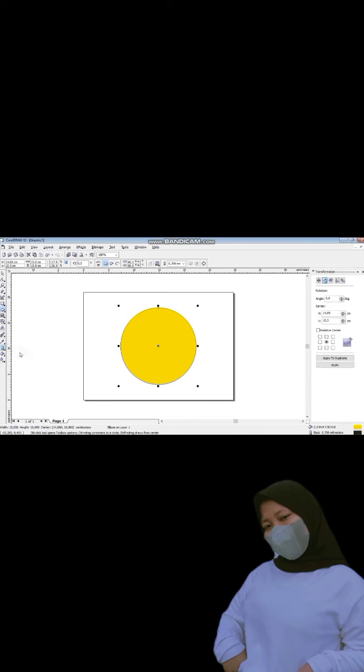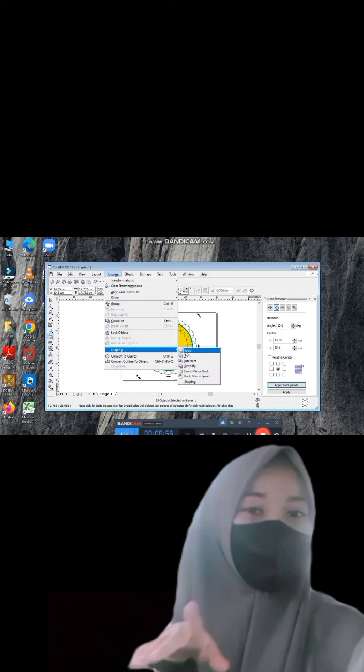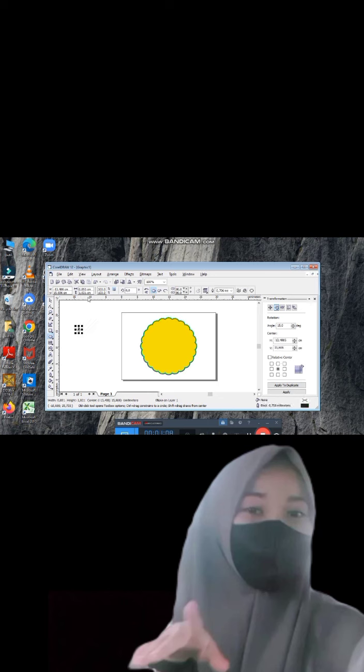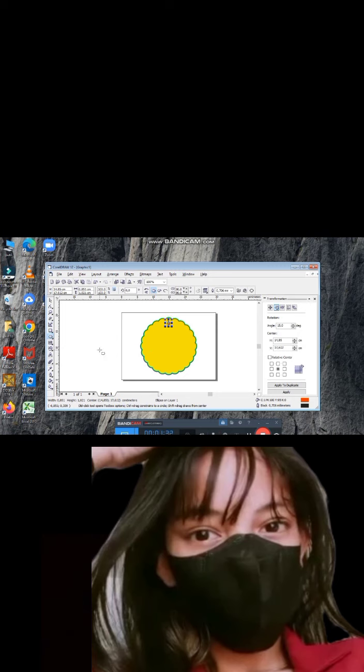Click File, choose New, then set the preset. Determine the page size to make a logo in CorelDRAW. You can determine any size according to your logo needs. However, in this tutorial, the selected page size is 14 x 14 cm. This is based solely on the needs of logo creative beginners. If you are not sure about the page size, you can still change it in the middle of working on the logo.